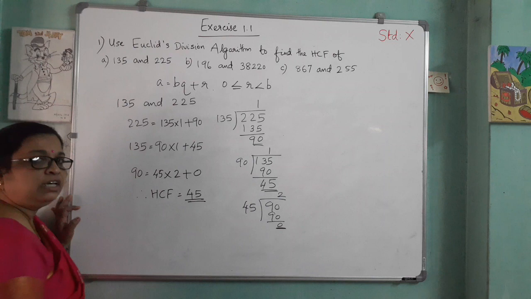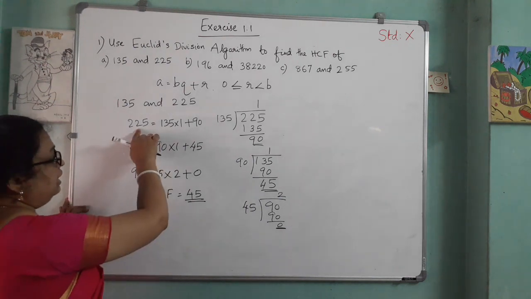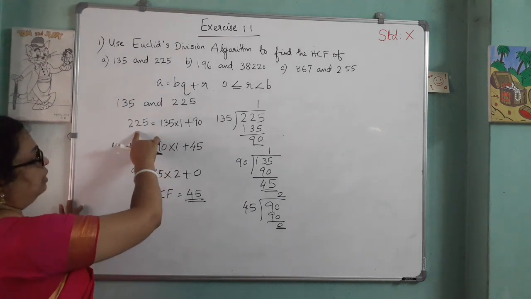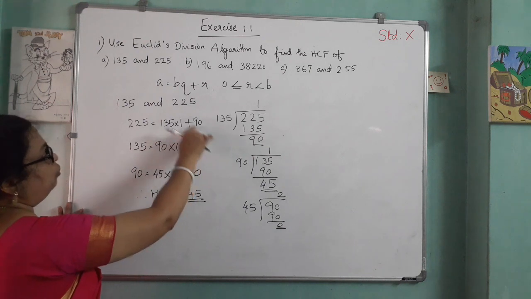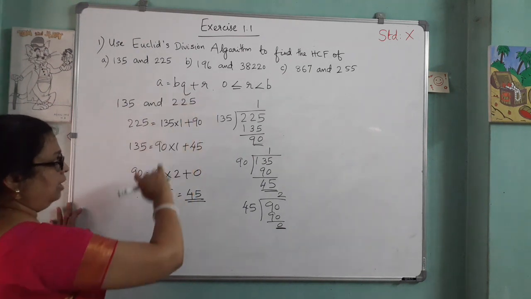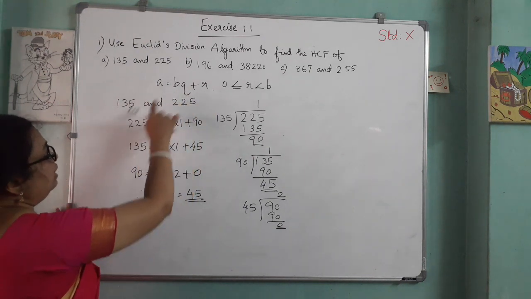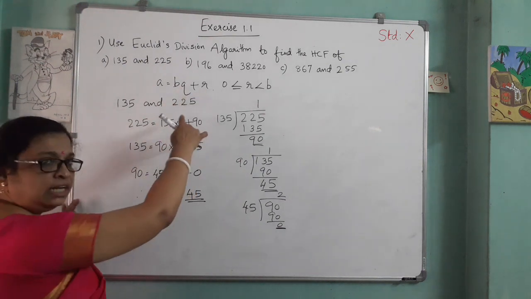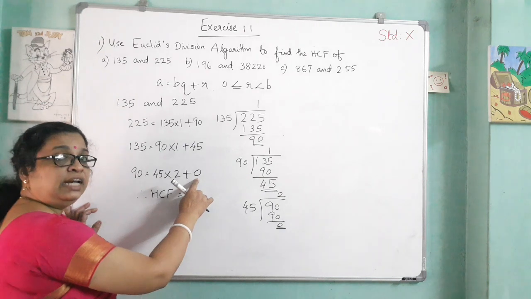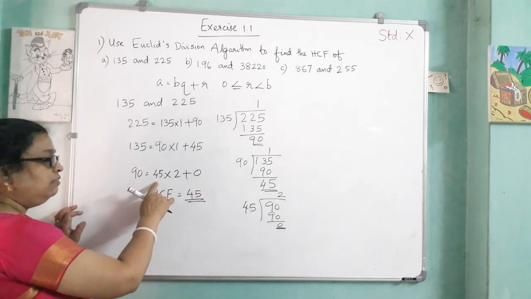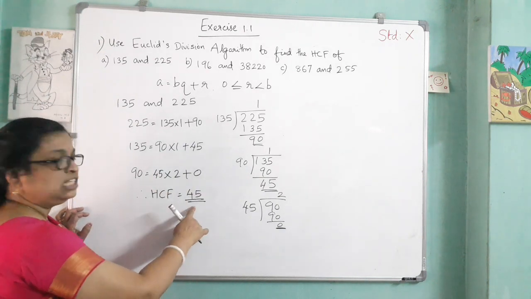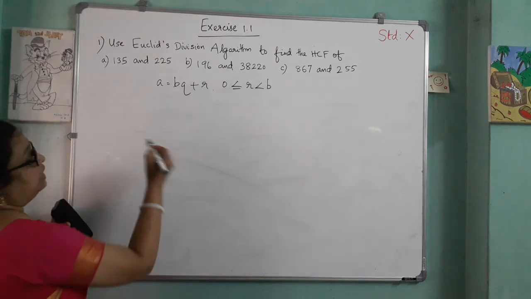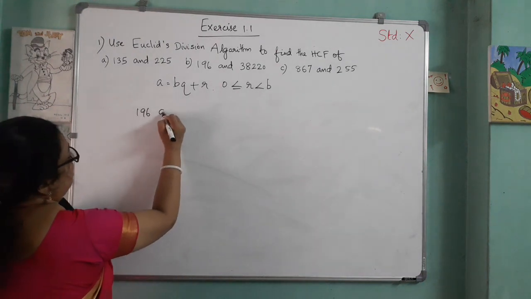In this way we can do it. First the greater number is divided by the smaller number. Then we write this in the form a is equal to bq plus r, where a is the dividend, b is the divisor, q is the quotient, and r is the remainder. In this way we write, and whenever we get the remainder 0, that divisor will be the HCF. So the HCF is 45. So next, 196 and